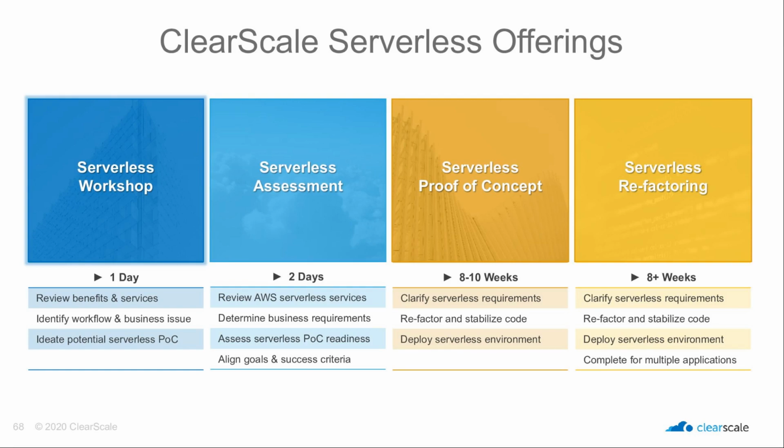The next one is a serverless assessment.